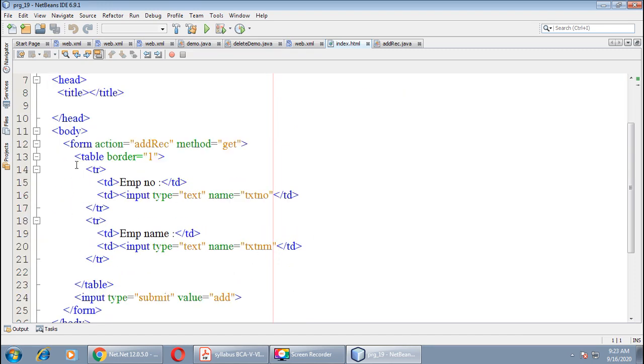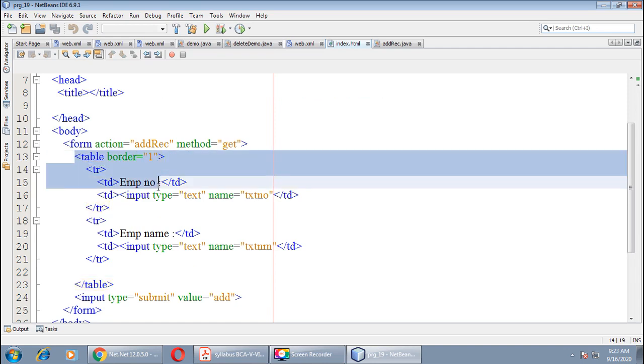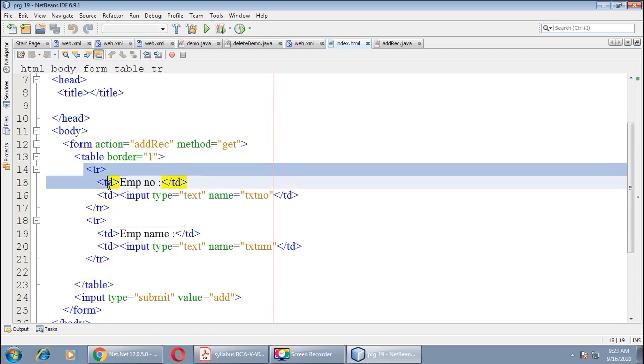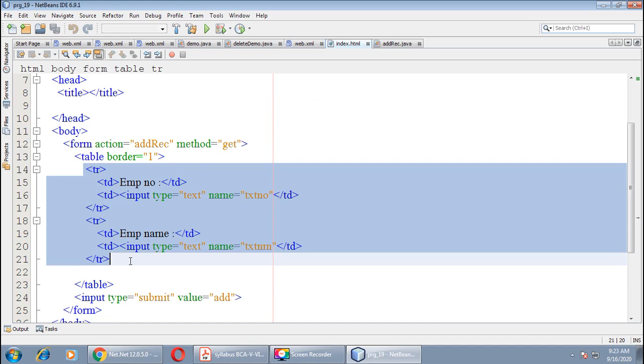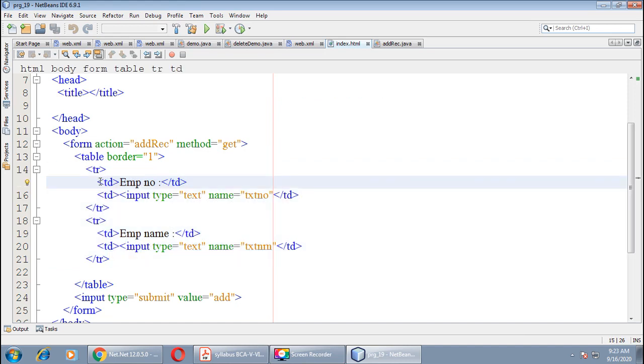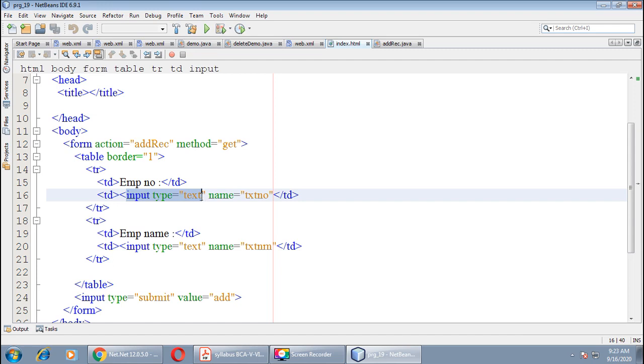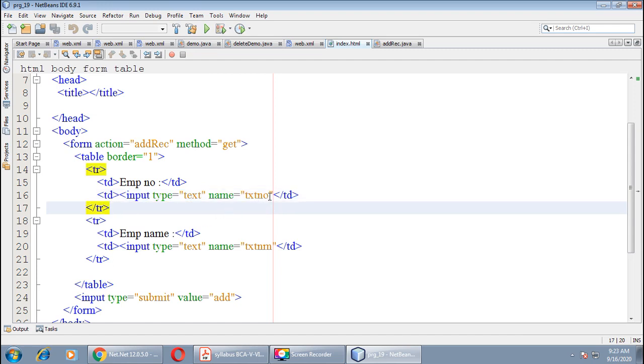So here I created one table, right, and took 2 tr in the table. The first TD has a label employee number, and the second TD of the first row has one text box which will accept the number of the employee. The name given to this text box is txtno.